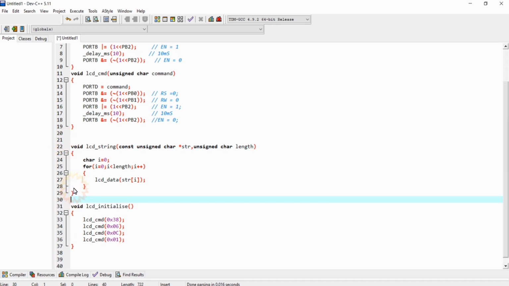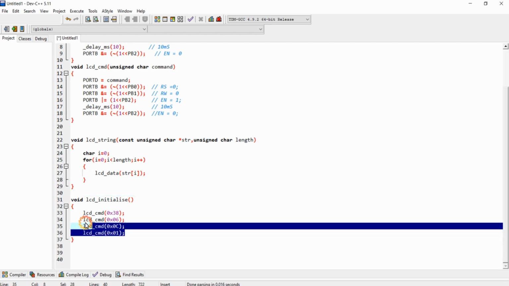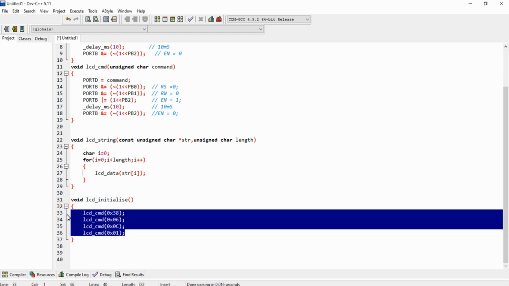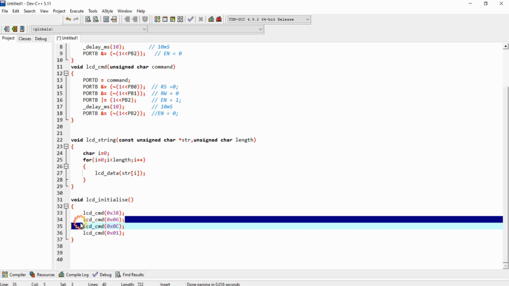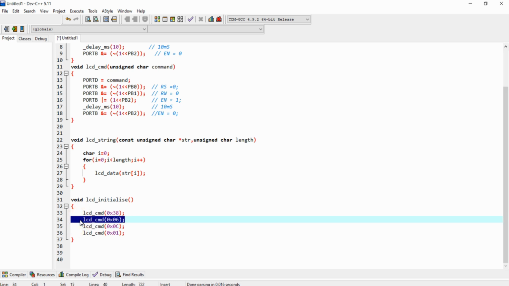And the next function is used for initializing the LCD. So these are the 4 common settings that need to be provided for the LCD. The first instruction is 0x38. This instruction sets the LCD in 16 column and 2 row format. And this command 0x06 is used for auto incrementing the cursor of the LCD once the current display element is printed on the LCD. And the third instruction 0x0C is nothing but display on and cursor off.